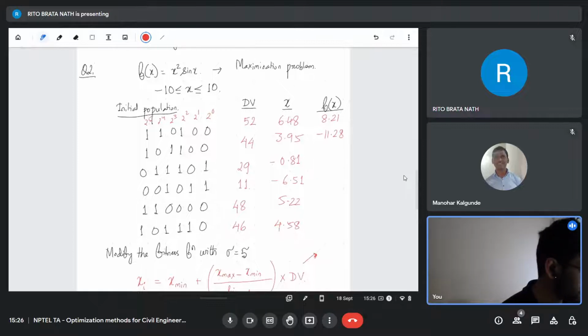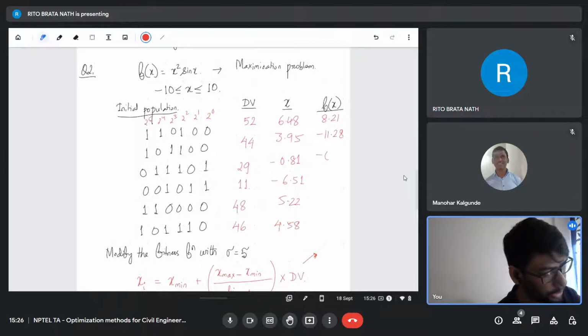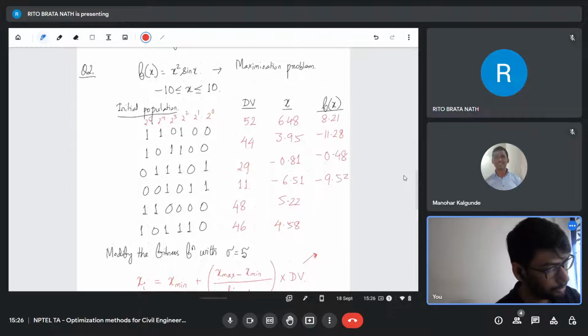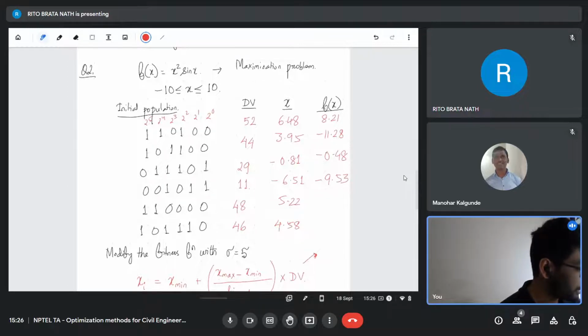Next one is minus 0.81. So that's square times sine of minus 0.81. So this will be minus 0.48. The next one will be, quickly, let me do this, sine of minus 6.51. So that will be minus 9.53. Next one is 5.22 squared times sine of 5.22 only. So this is minus